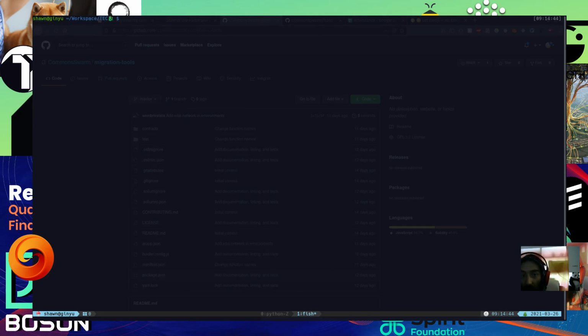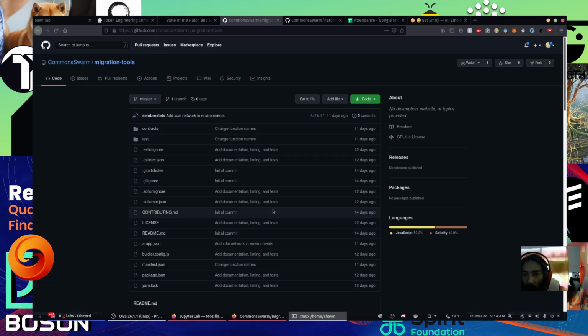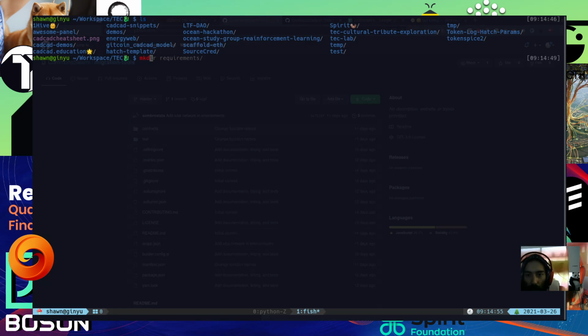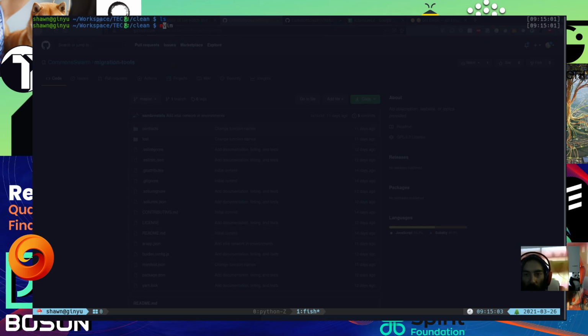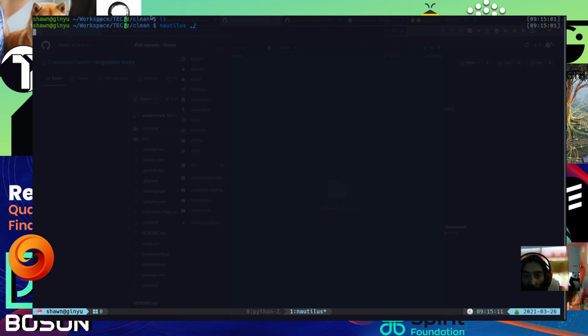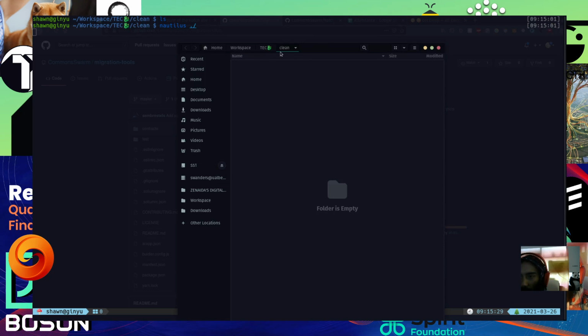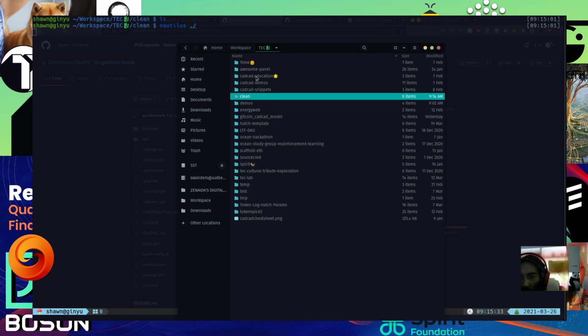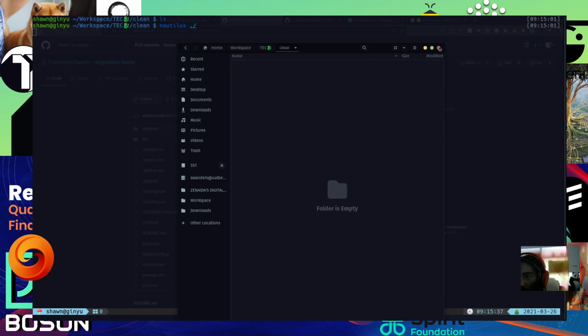Now this is where things get a little bit crazy. When I open up the terminal, let's increase the font here. I have all sorts of repos here. I'll make a clean directory. Just in case anyone's new, you probably can't see stuff on my screen too well, sorry about the dark theme everywhere. But all I've done is navigate the terminal here, and the terminal is just a reflection of the file system on the computer. I'm in my workspace /tec, and I just created this directory called clean, so there's nothing in it. It's just an empty folder, and this is all the TEC stuff that I have on the go. So I'm going to clone